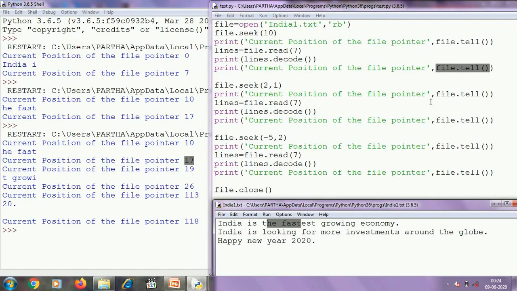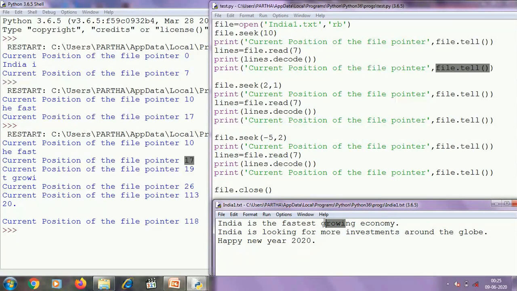So the file pointer will point to the 19th position, and from that position we are reading 7 characters. So this is the 17th character, this is the 18th character, and this is the 19th character. From that position we are reading 7 bytes again. So this is the 1st byte, 2nd, 3rd, 4th, 5th, 6th, 7th.